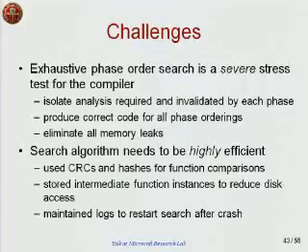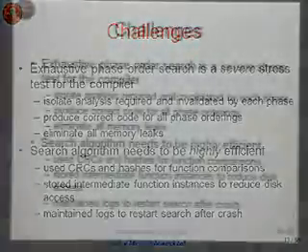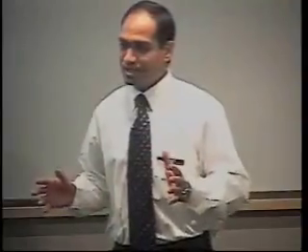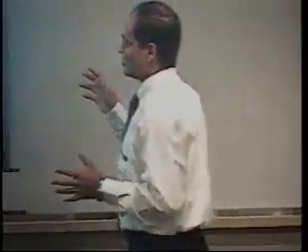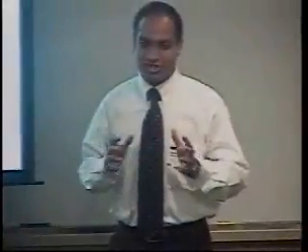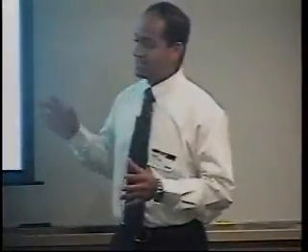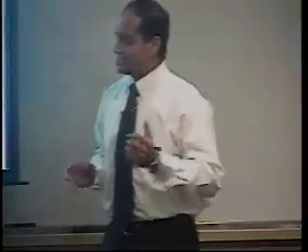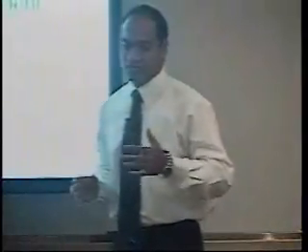So some challenges, briefly. Obviously many of you have worked in compilers, and you realize that it's difficult even with the default compiler with one ordering to produce correct code for many different benchmarks. Now if you start reordering the optimizations, then producing correct code becomes very, very hard. It's a severe stress test for the compiler. For the first 1.5 years, I just had to debug the compiler, which was perfectly fine for the default ordering that it had. But once I started reordering the phases, it started producing incorrect code because many assumptions that are made for one particular phase are no longer true.